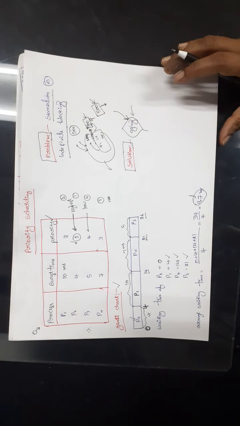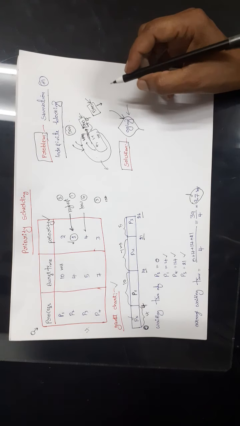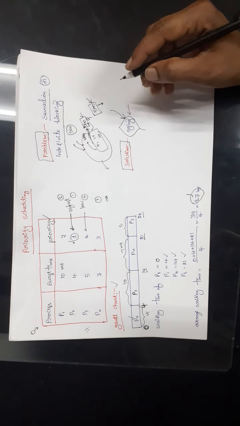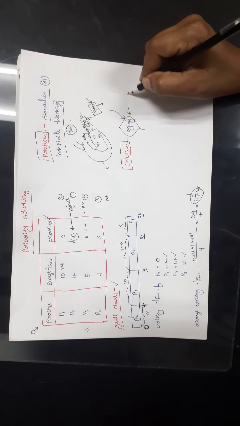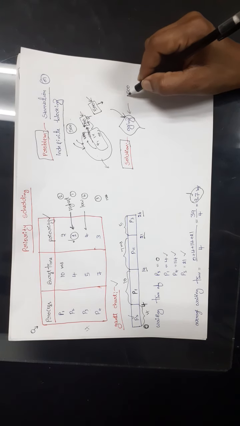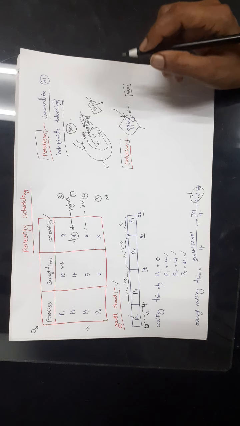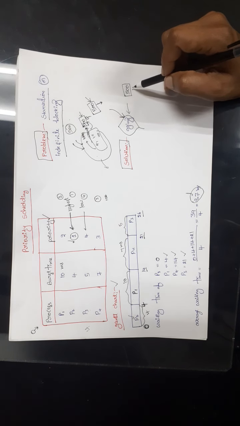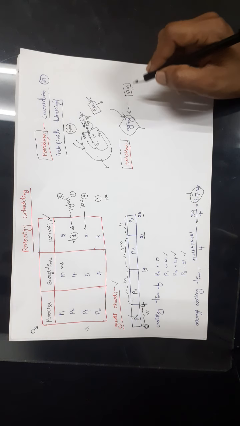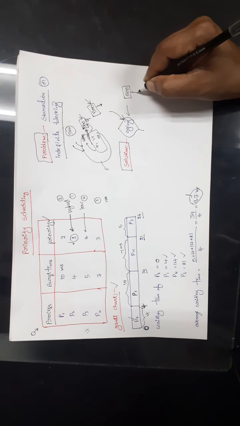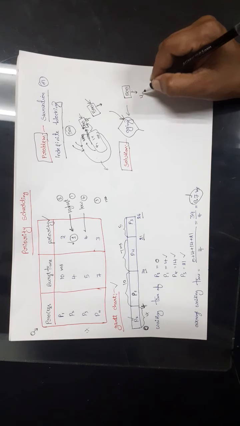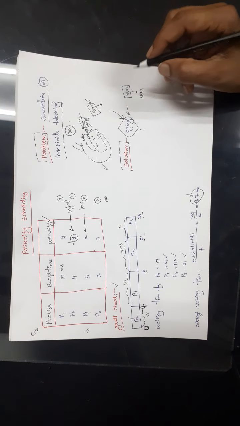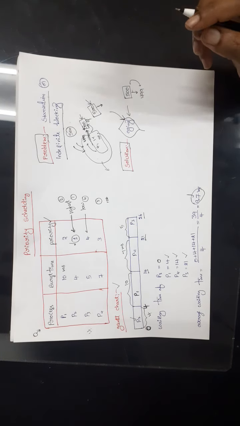So what happens if a process comes under aging? For that process, the priority will be increased. Let us assume the initial priority is 500 and it has not got its chance. The CPU is not allocated to this process, it is indefinite blocking or starvation. Then when it comes under aging, this concept will increase the priority of the process.